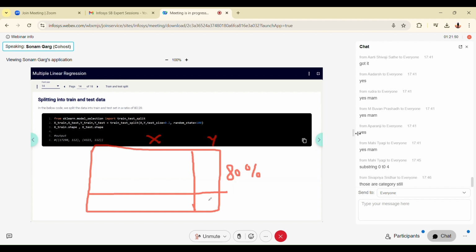For the remaining x and y, we will remove these y values, just give the x values to the model and check what are the predicted values of y. So some predictions will come corresponding to all these x test values, and we will have original y's as well. So we'll compare them one-on-one and find the accuracy of the model.